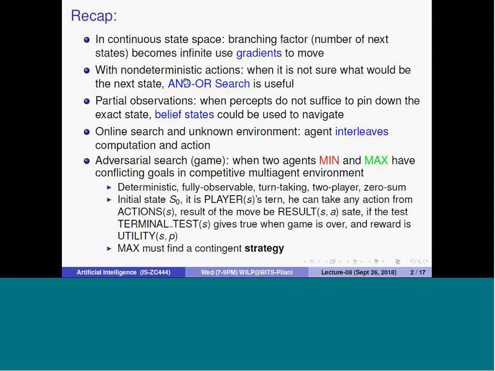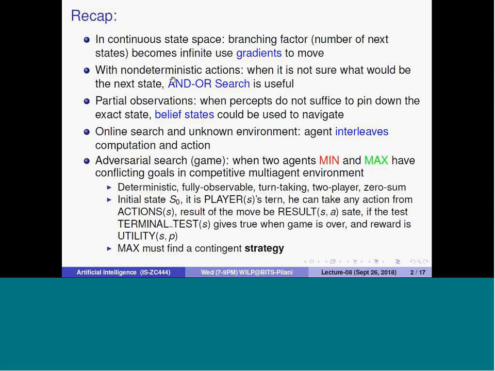Now you are in the non-deterministic scenarios. In the non-deterministic scenarios, sometimes you don't know what is going to happen. If in a state you take this action, this should happen, but sometimes it may not happen. For example, you are here in Pilani. If you want to go to Delhi, you sit in the car. It is expected that your car would take you to Delhi, but sometimes in between there is some problem. You have to come back, unable to reach. This might also be possible. Something else can happen. You can reach some other place. So if you consider those things to happen, this scenario is a non-deterministic scenario.